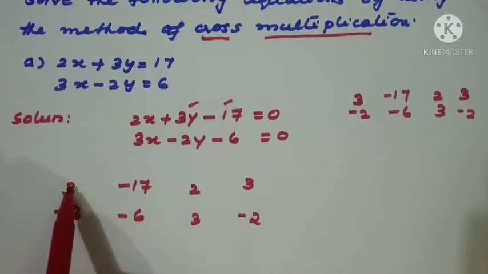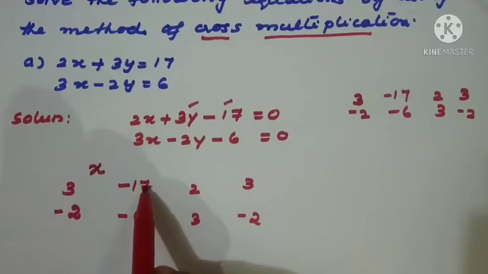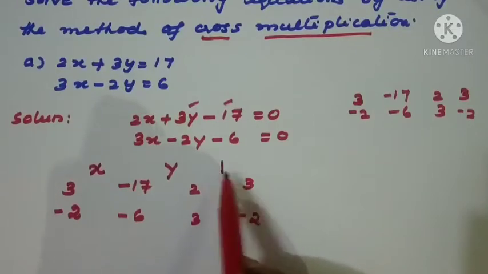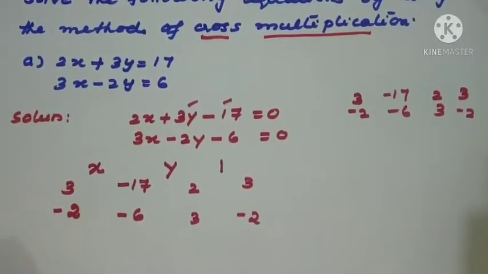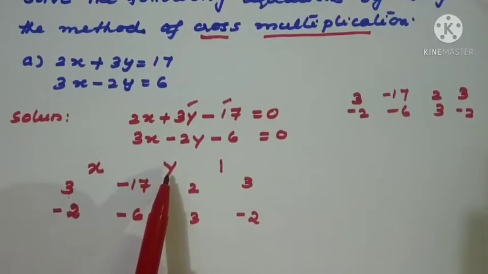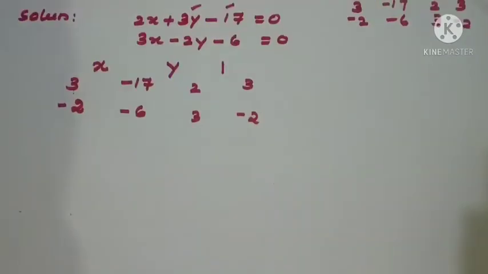Now what is the next step? In between these we should write the variables. Between y and the constant we should write x, and then y. The constant is represented by the number 1. Theory we are not going to learn, it is not in the syllabus, we are just learning to solve. So we are teaching the method directly. We started with y and ended with y, taking the coefficients, and in between we write x, y, and represent the constant by 1.